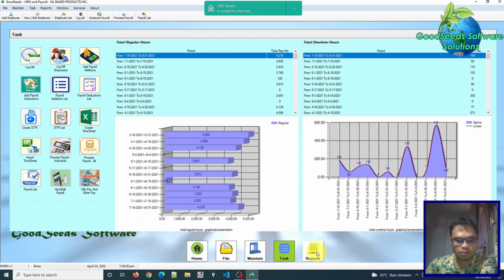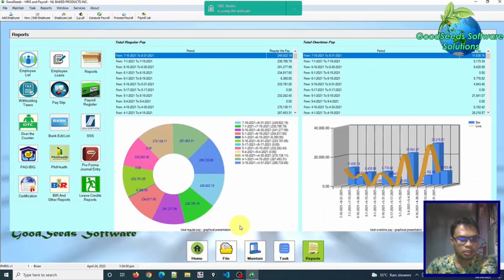So let's proceed to reports. In the reports, you can view the employee list, employee loans, all other reports related to this payroll, all withholding taxes, payslip, payroll register, over the counter. We have already tackled the over-the-counter transaction.